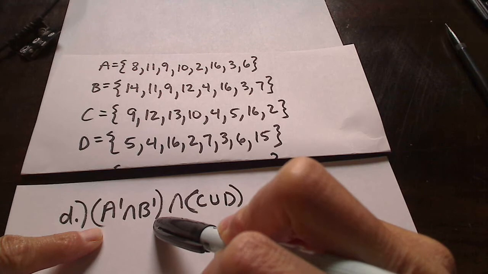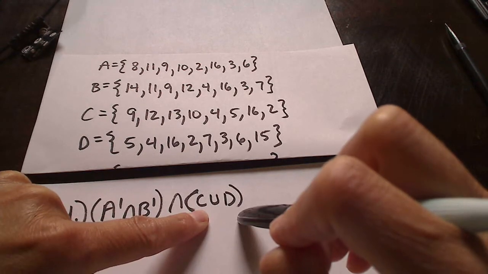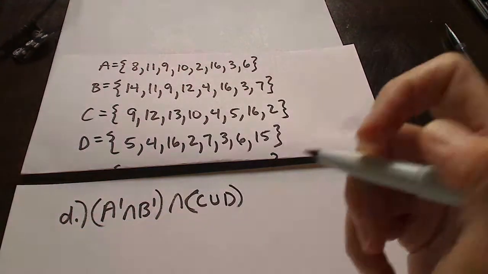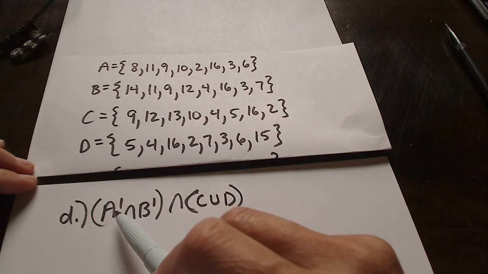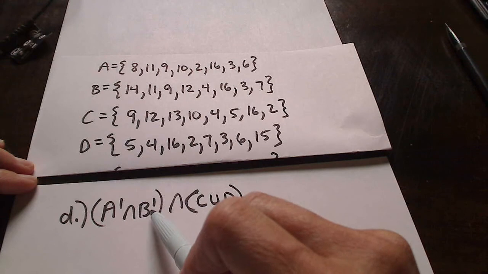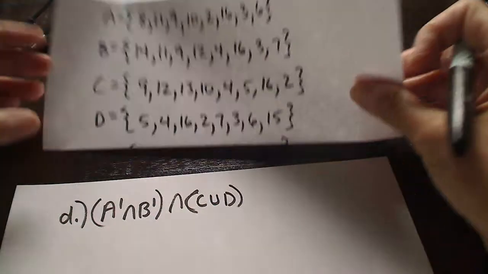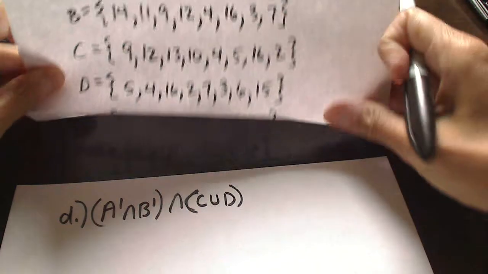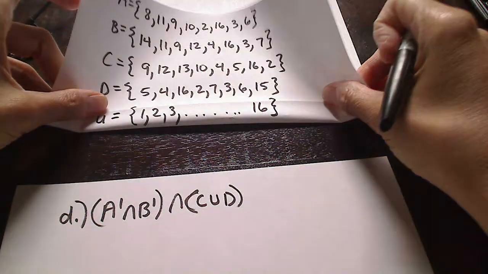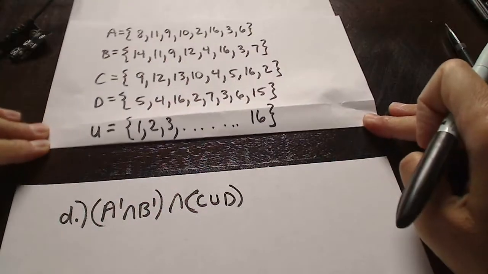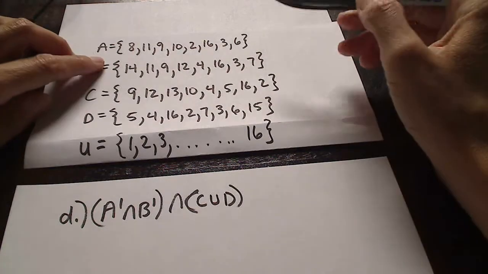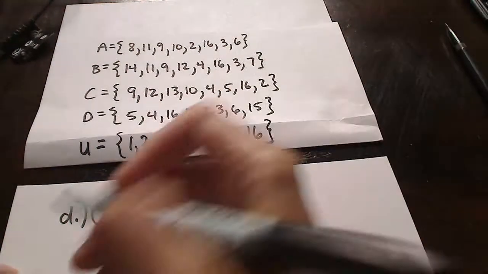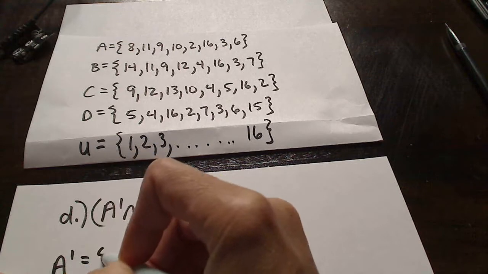Let's go ahead and identify that, and then we'll identify that, and then we can look at the intersection. So if you're not in A and you're not in B, and we're looking for the intersection. Need my universal set. Okay, so if you're not in A, let's list all of those. So A naught